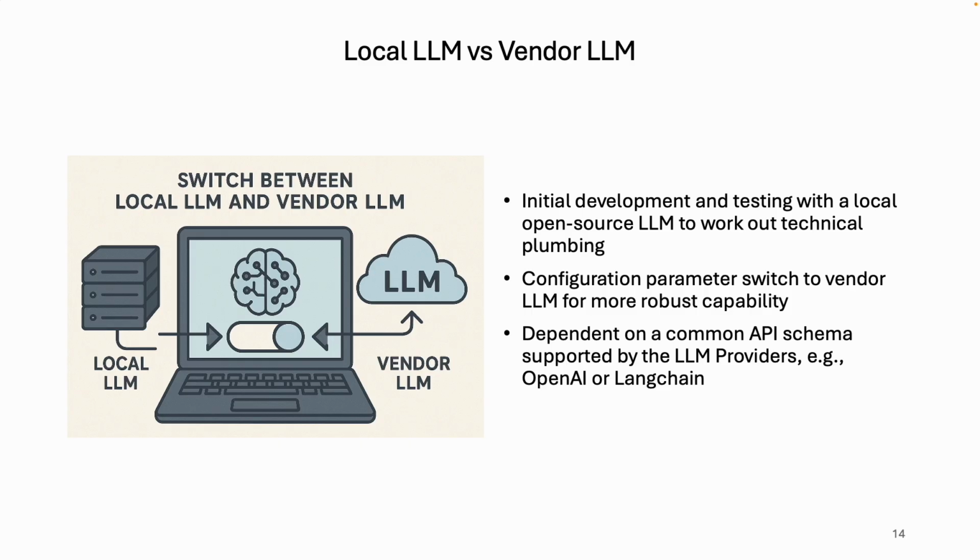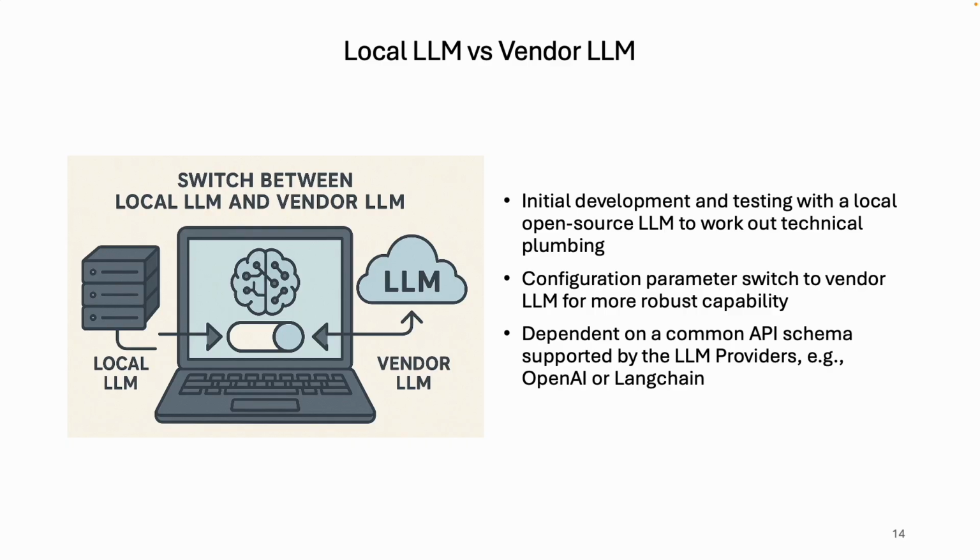One of the key design goals in this phase was flexibility: the ability to switch between a local LLM and a vendor-provided LLM with just a configuration change. This setup makes experimentation much easier. I can run quick tests locally using Ollama, then switch over to OpenAI or another cloud provider for larger scale